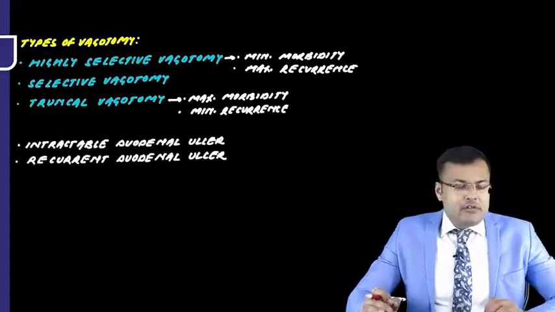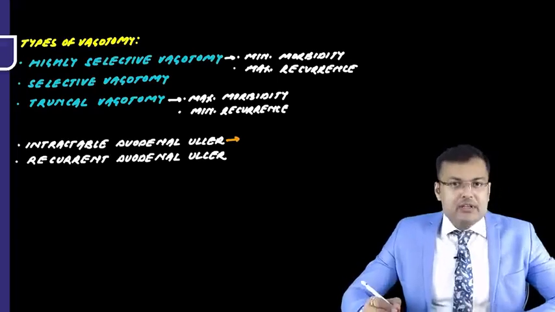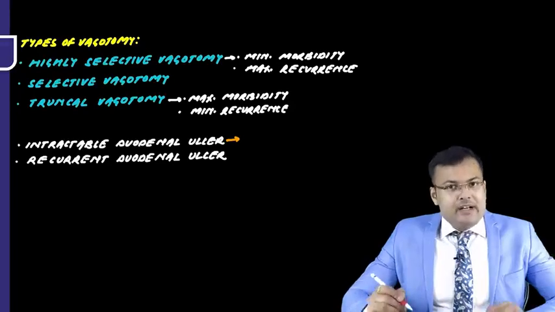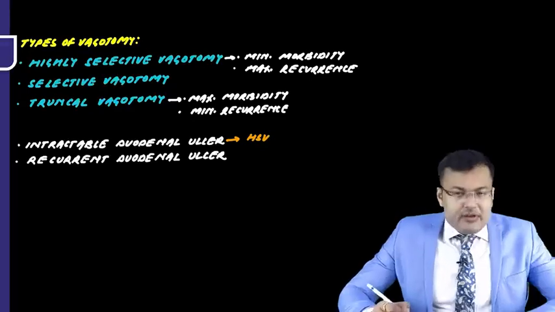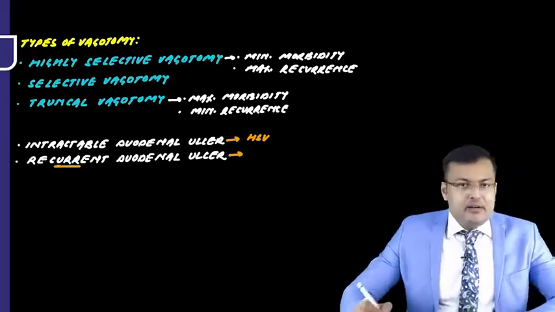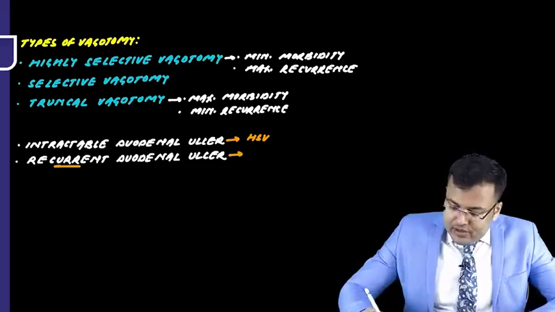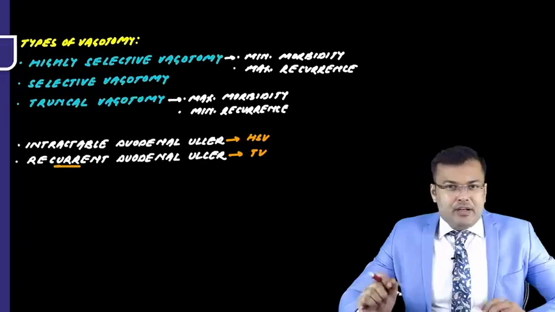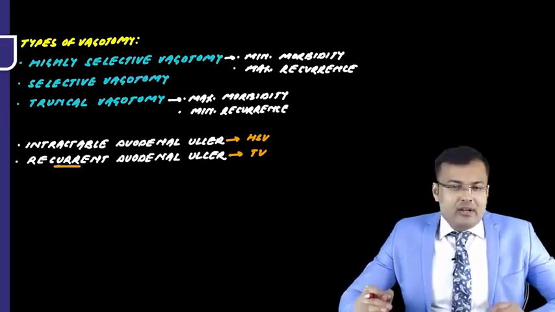Clear? So there is one question which is asked frequently. What is the treatment of choice for intractable duodenal ulcer? Intractable means it is not healing after medical management. And for intractable duodenal ulcer, we go for highly selective vagotomy. Treatment of choice, highly selective vagotomy. And if the patient is having recurrent duodenal ulcer, so what? We don't want further recurrence. So for recurrent duodenal ulcer, we go for truncal vagotomy. So important questions: intractable duodenal ulcer, highly selective vagotomy should be done, and for recurrent duodenal ulcer, truncal vagotomy should